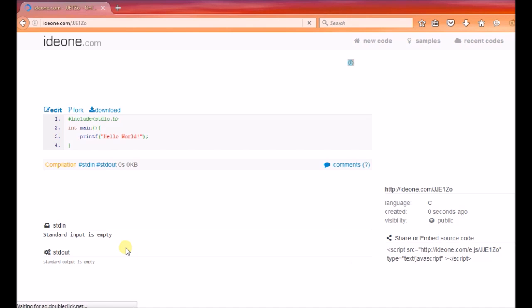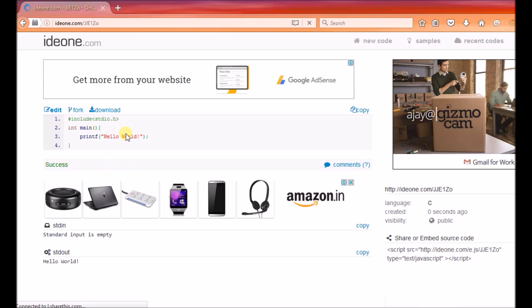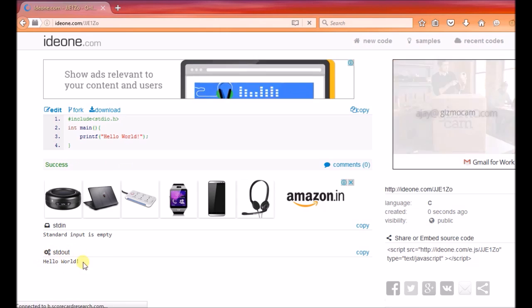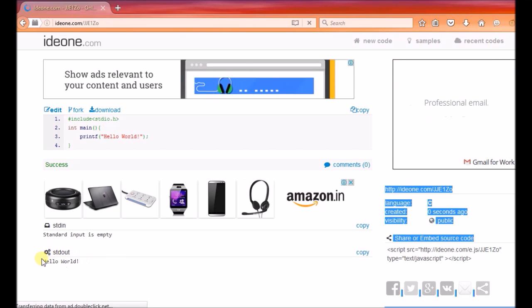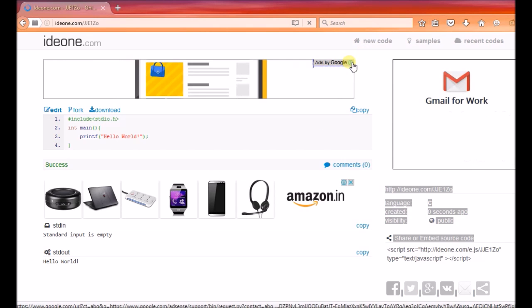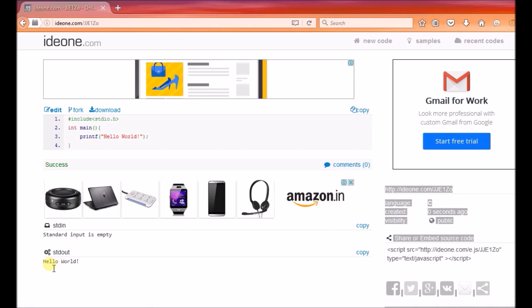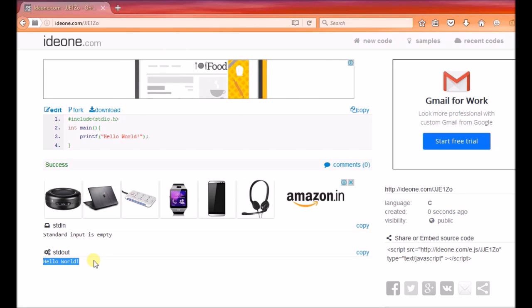Okay, so it says the standard output is empty. Something wrong with it. Okay, here you go. This is the output. Hello world. Just a minute, let me just close it. Okay, so this is the hello world,